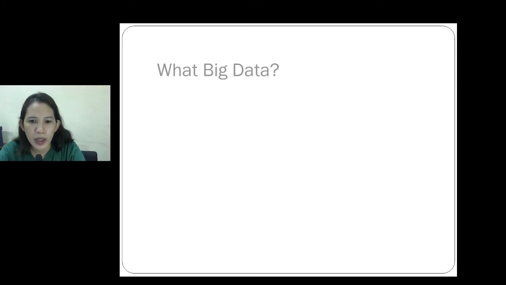Next is what is big data. Data mining and big data go hand in hand. Big data is a relative term. Data today are big by reference to the past and to the methods and devices available to deal with them. The challenge big data presents is often characterized by the 4 V's.